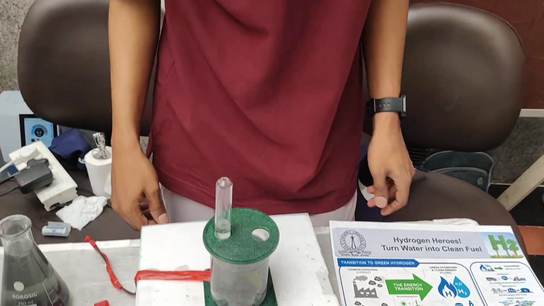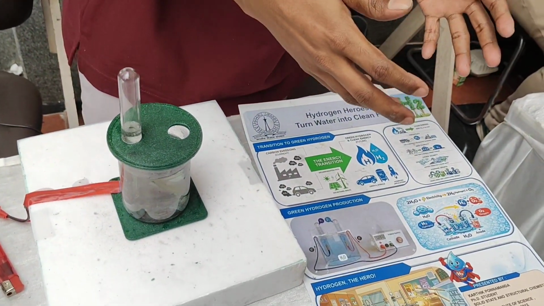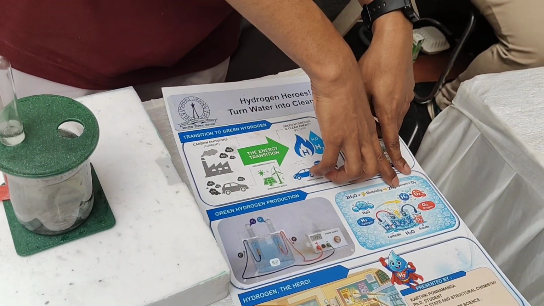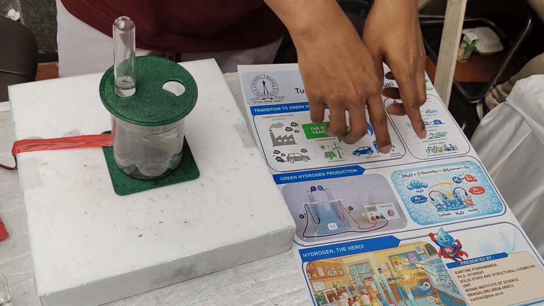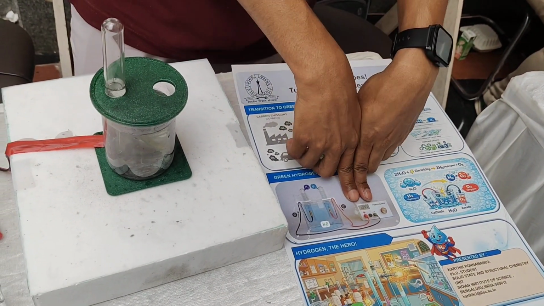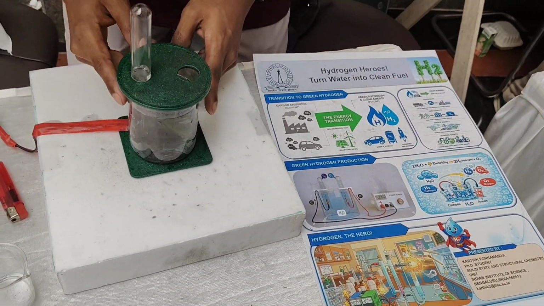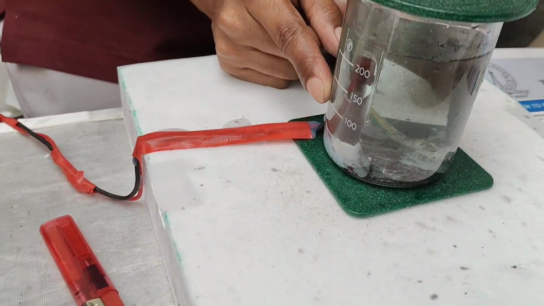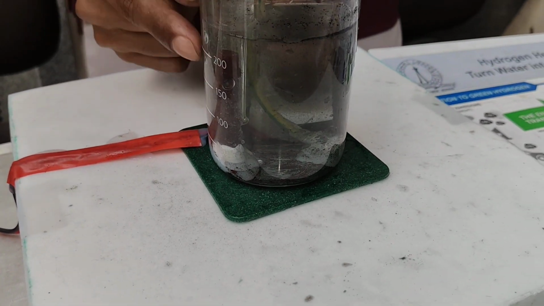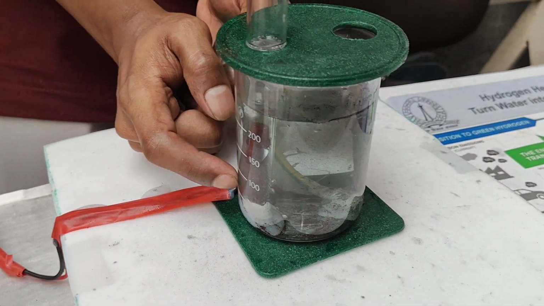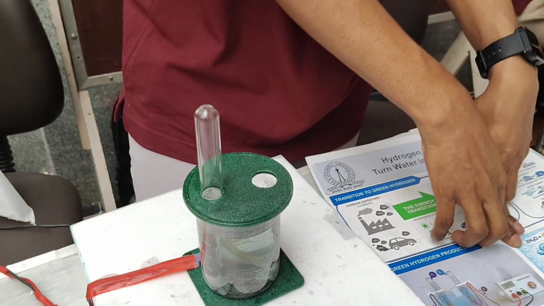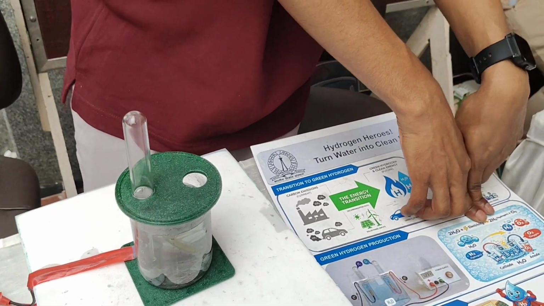So you can start, sir, please. By applying electricity, we can generate hydrogen gas and oxygen gas. The minimum voltage required to break the hydrogen-oxygen bond is 1.2 kV. If you apply more than 1.2 kV, we can generate hydrogen and oxygen. We can see hydrogen forming on one side and oxygen on the other. More hydrogen is forming and less O2, because 2 moles of H2O give 2 moles of H2 and 1 mole of O2.